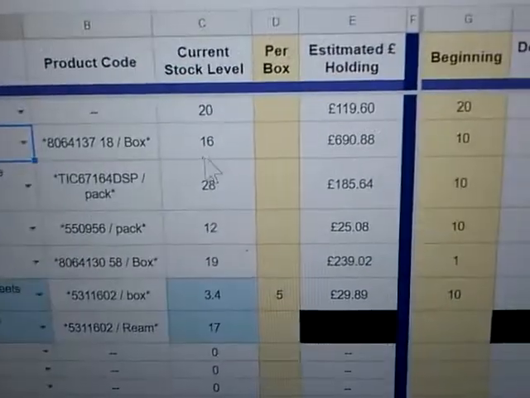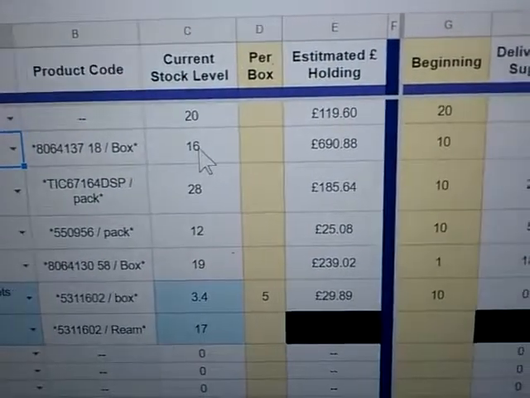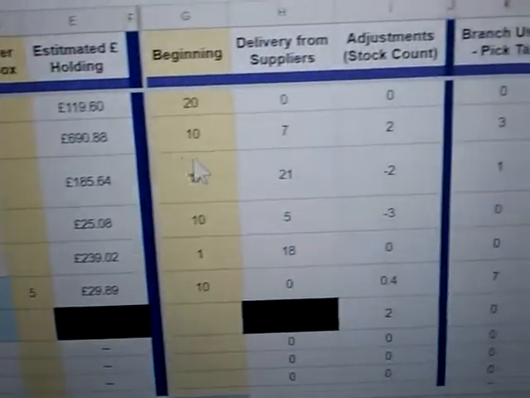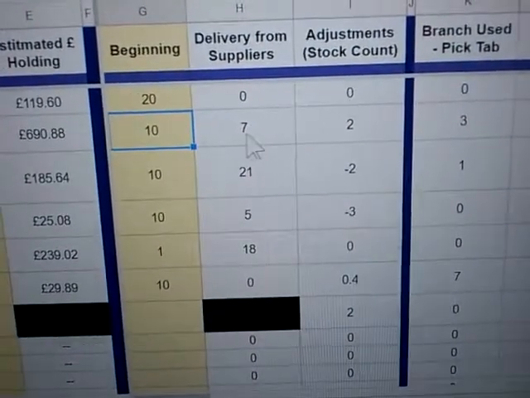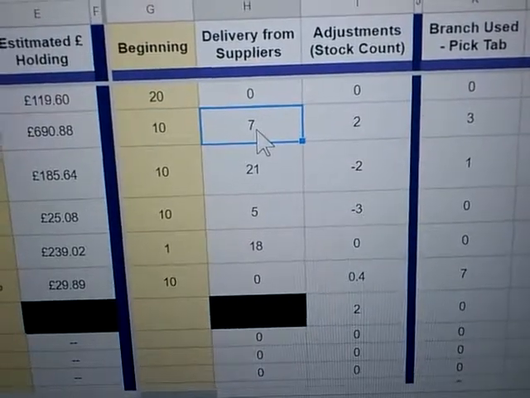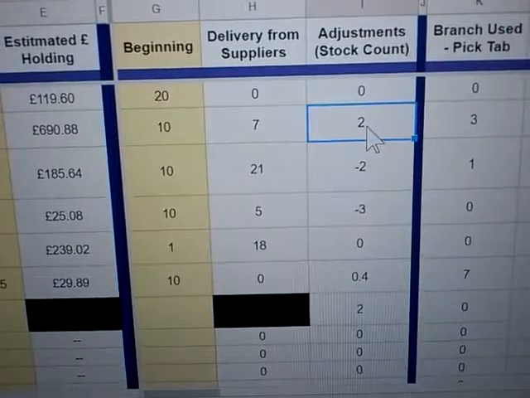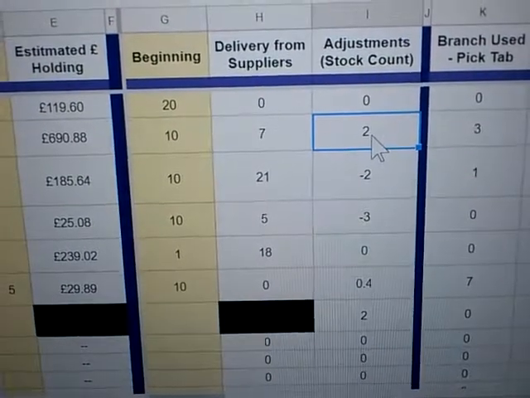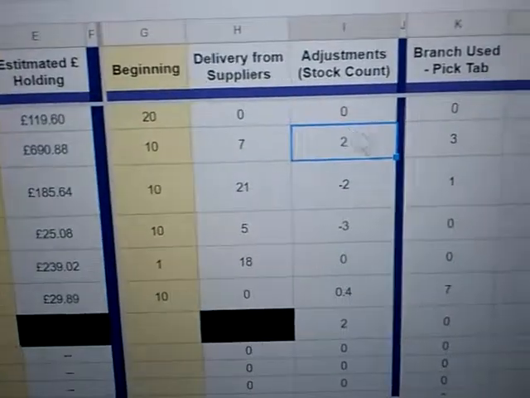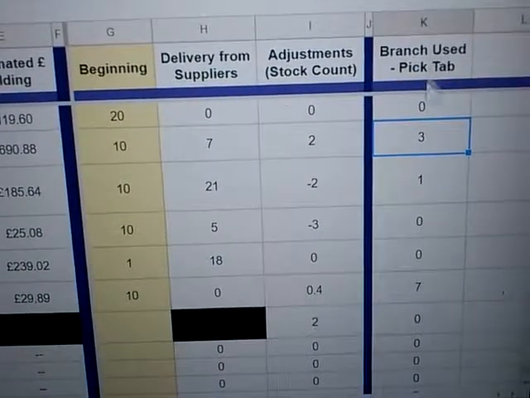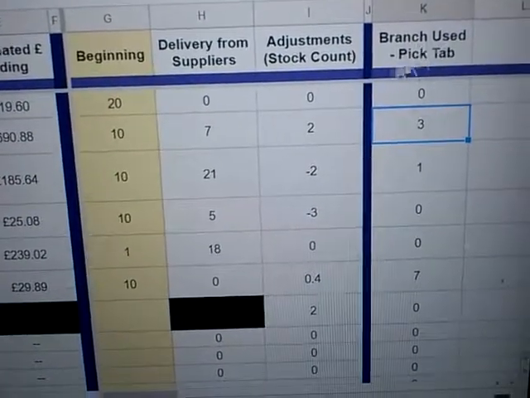Okay, so the current stock level is a sum of what you have from the very beginning, what you're getting from the suppliers when you order, and how much stock has gone missing, or you found some stock somewhere. And this is the column where you actually pick. It's for the pick tab,